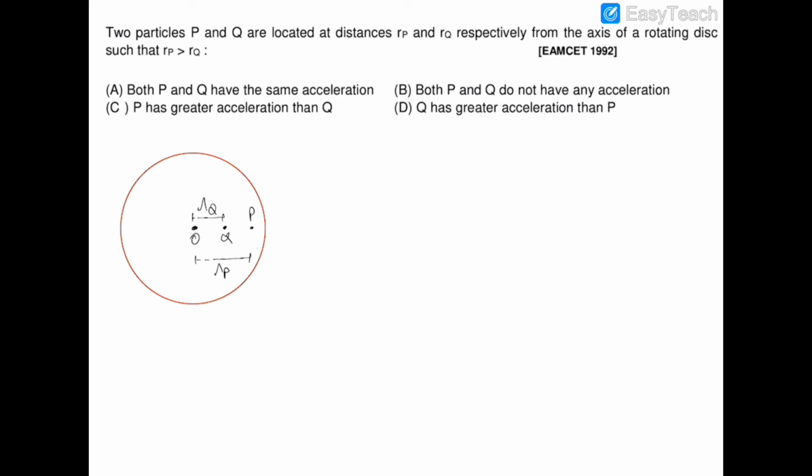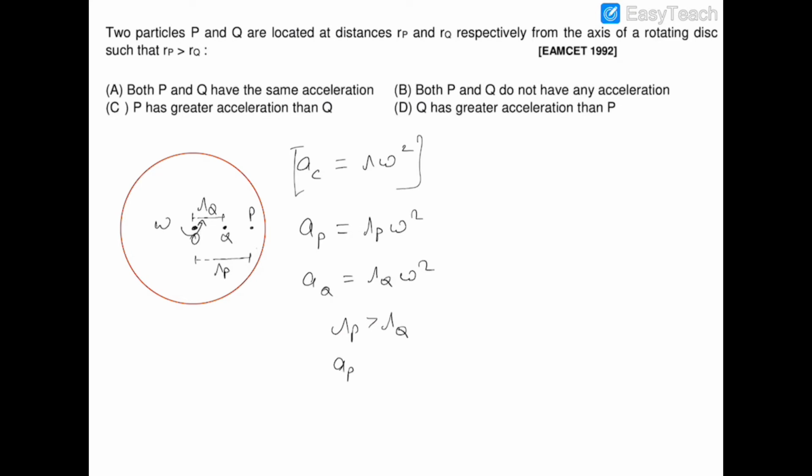So we can see that if this disk is rotating with an angular velocity of omega, then the centripetal acceleration of any point lying on the disk is r omega square, where omega is the constant angular velocity of this disk and r is the distance of that point from the center of the disk. Therefore, the acceleration of point P will be rp omega square and the acceleration of point Q will be rq omega square, and obviously rp is greater than rq, so ap will be greater than